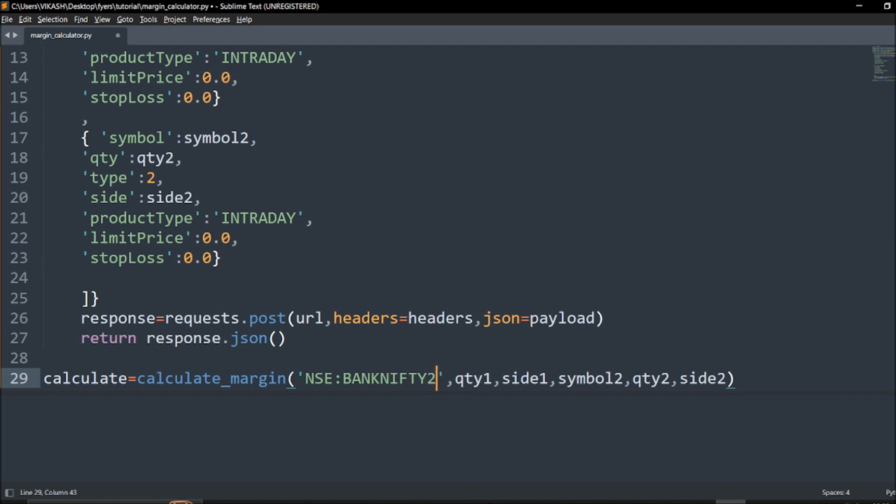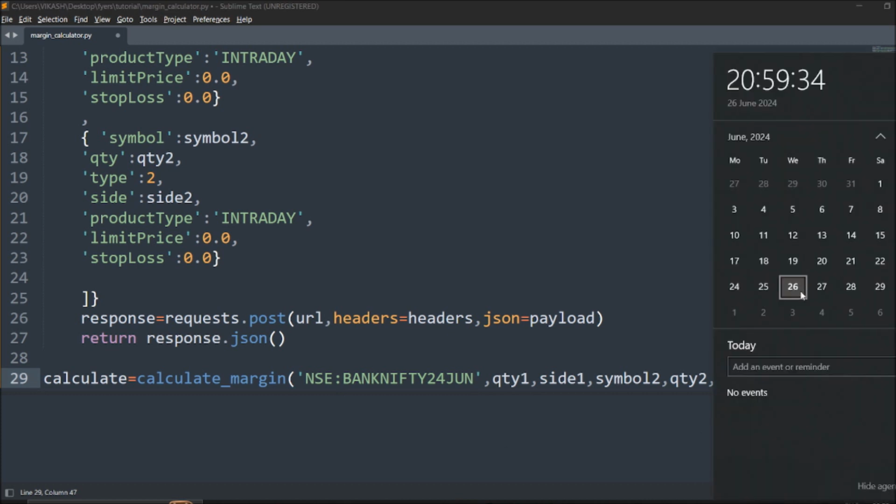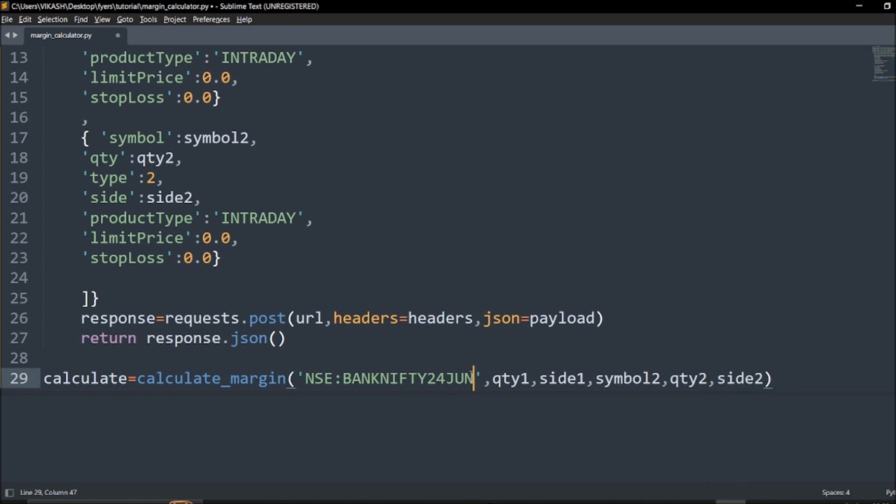So first the year, and if the contract is monthly expiry, you just have to give the month name in 3 letters. Otherwise you have to mention the month as a number and the date on which it expires, which is the 26th. You can check that. Since it is expiring on Wednesday, we can say it is a monthly contract. At the end, whichever expires last is the monthly contract, and it keeps changing. That's it. So 24 June, and here we have to give 52